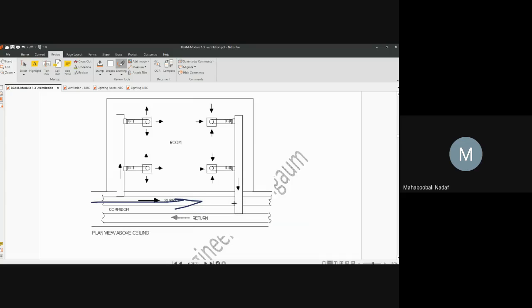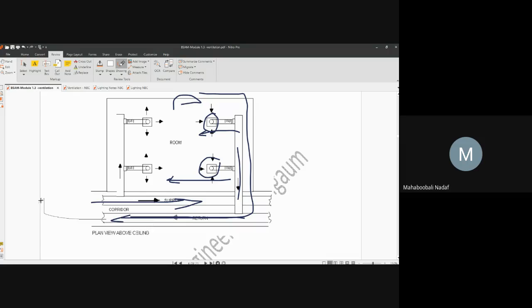From that main pipe, separate branches are taken to the different rooms. From there, through small openings at different locations of the room, fresh air is coming. That is one type of system. In another pipe, the used air or exhaust air is collected through a separate system of ducts, so that it is removed to the atmosphere. Is that okay?